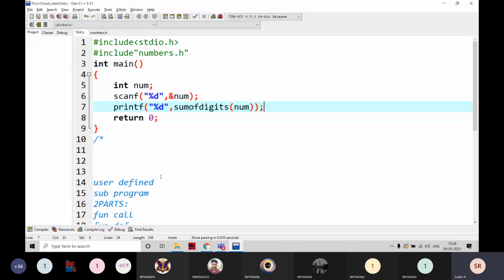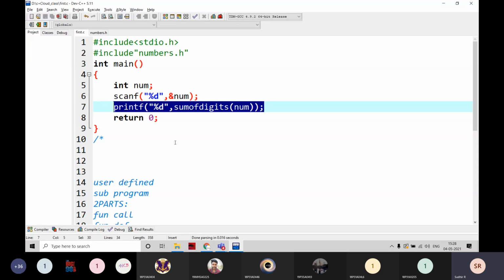The function name is going to be sum of digits, and I'm passing one argument, that is num, and the return type is integer. How do I know it is an integer? Because here I'm using percentage d, right? Then you have to observe that the return type is going to be an integer.